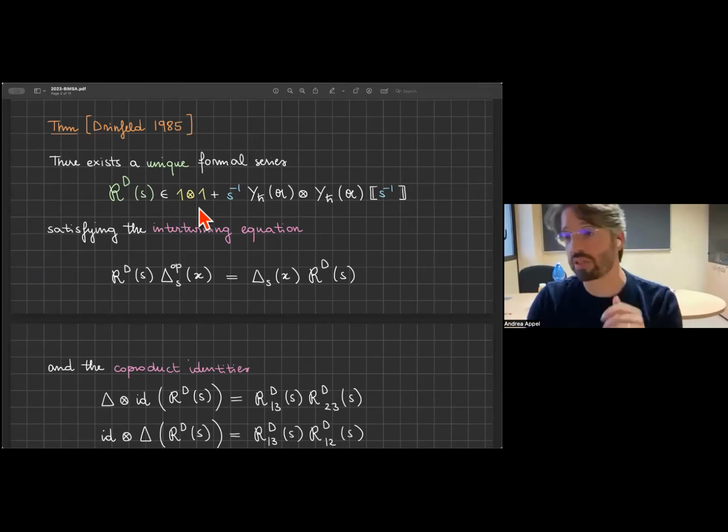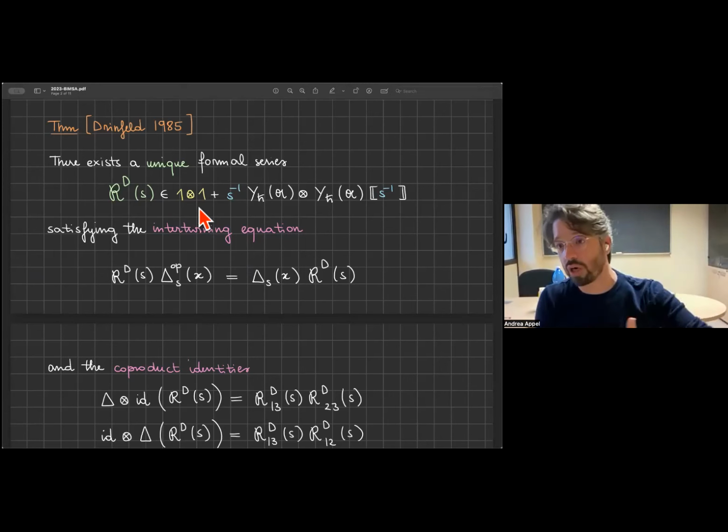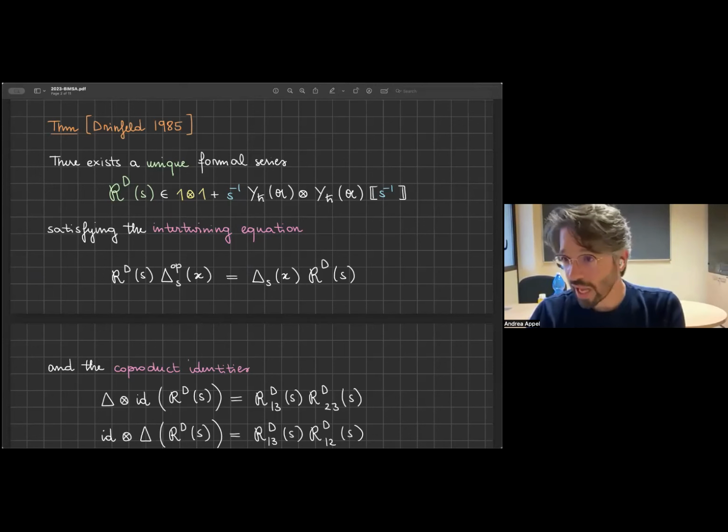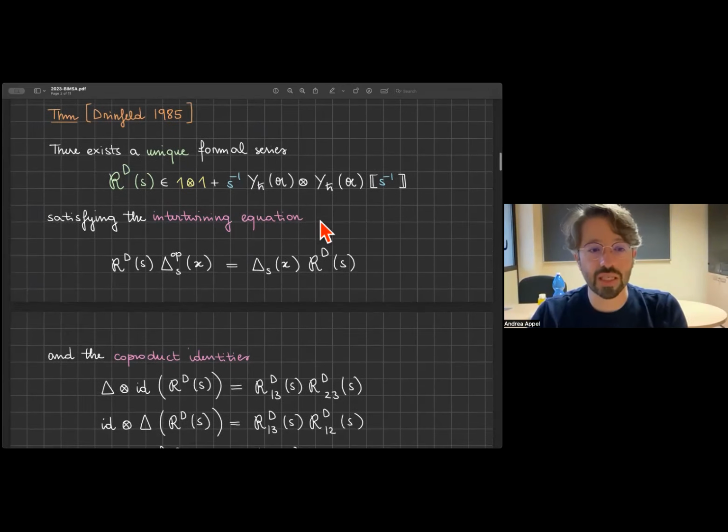Clearly there is a normalization condition: this operator starts with 1, and then you have the higher order terms in s inverse. Again, this is a formal object, but it's still an algebraic object. All the terms in this series live in this tensor product. And this formal series satisfies